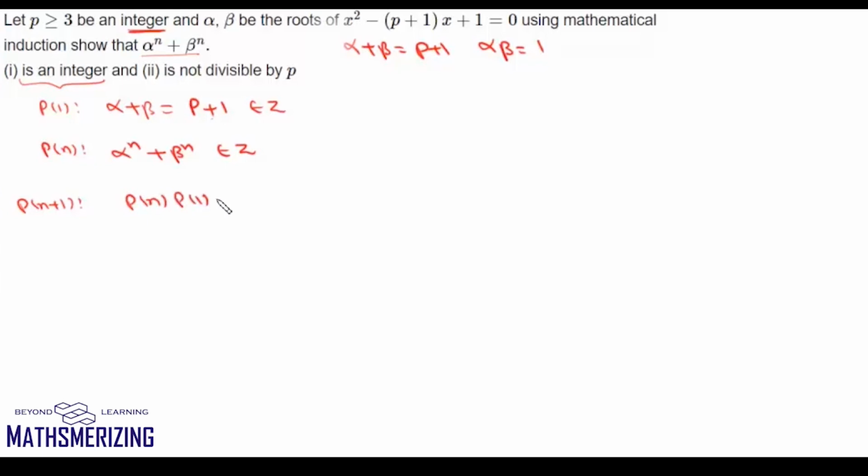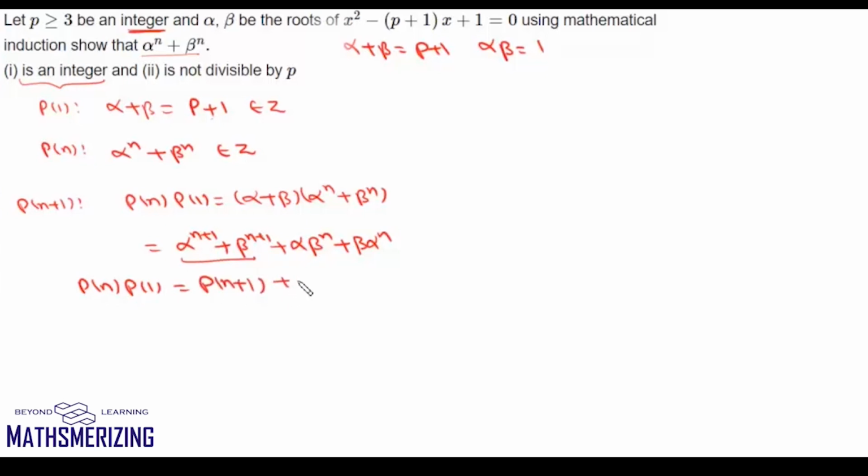Pn and P1, so we'll write (alpha plus beta) into (alpha to the power n plus beta to the power n), so it will be alpha to the power n+1 plus beta to the power n+1, and then it will be alpha beta^n plus beta alpha^n. So we can write Pn P1 and this is